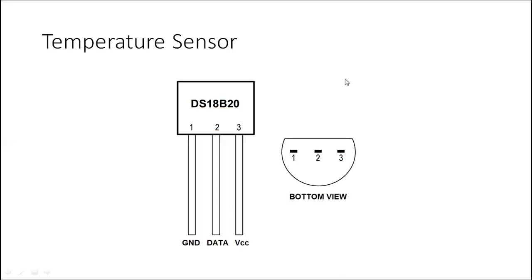They will give a specification whether 5 volt is required or 3.3 volt is required. So accordingly, you connect your VCC, and then the data pin you can connect to any of the GPIO ports. The GPIO port will read the temperature sensor. It sends the temperature through the data pin. The temperature is read by your Raspberry Pi. So whatever you are reading, you can make use of. You can display the temperature.